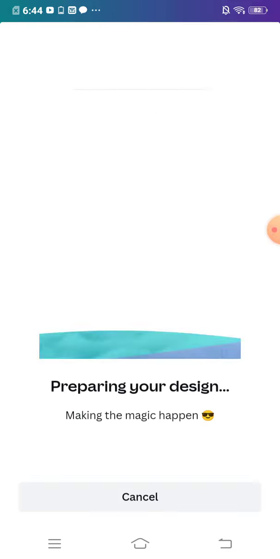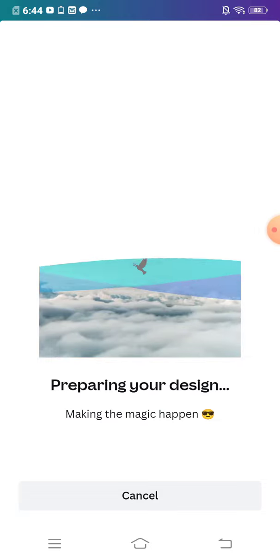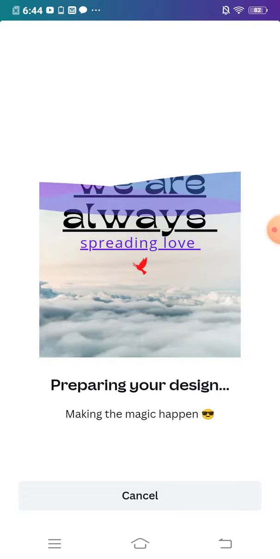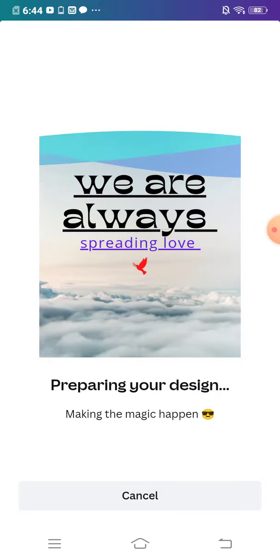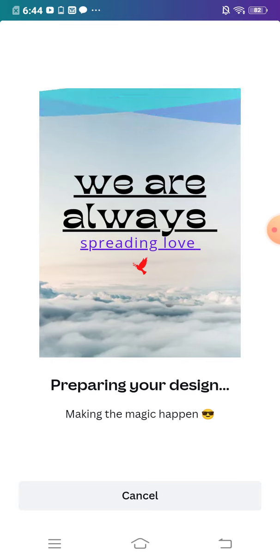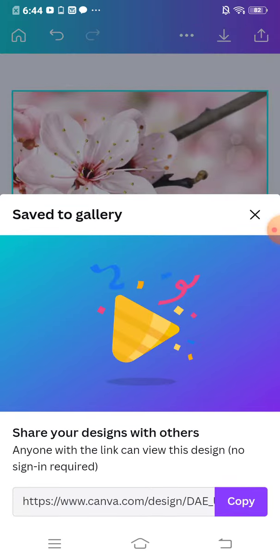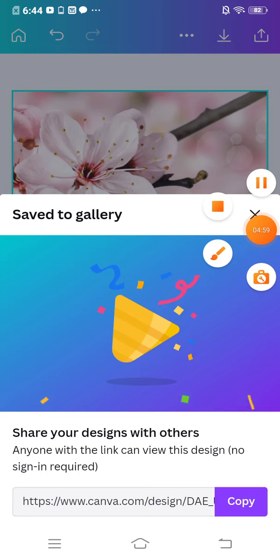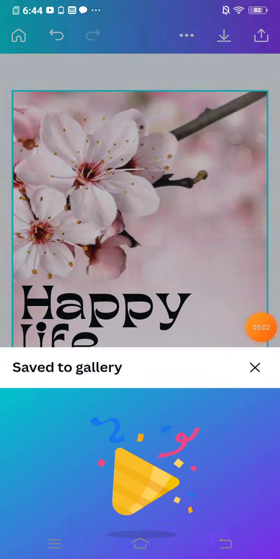So go to the download section and click on download and save finally, and finally you can see now the design is going to be prepared. Now the design is going to be ready. Finally it has been prepared, and now it has been saved already, so you can see here